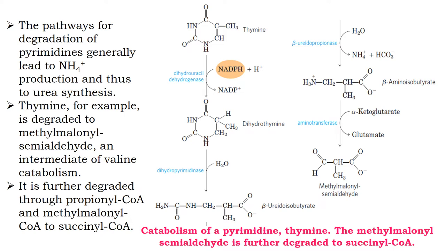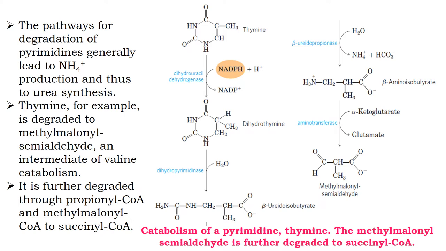So this thiamine can be converted into dihydrothiamine, and this dihydrothiamine can be converted into beta-ureidoisobutyrate. So this is an open structure. You can see here, this is a cyclic structure and this is an open structure. Now this dihydrothiamine can be converted with the help of water into beta-ureidoisobutyrate. This can be done by the enzyme called dihydropyrimidinase, which can break the cyclic form of this dihydrothiamine into beta